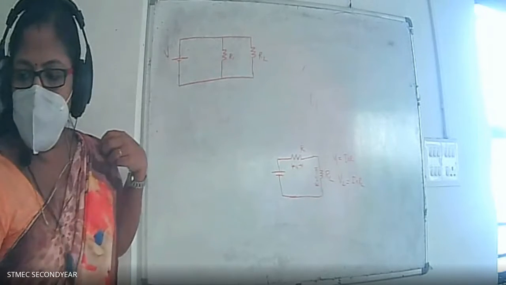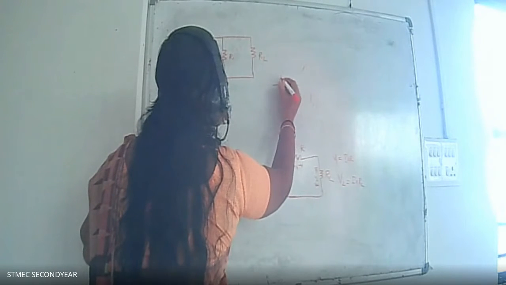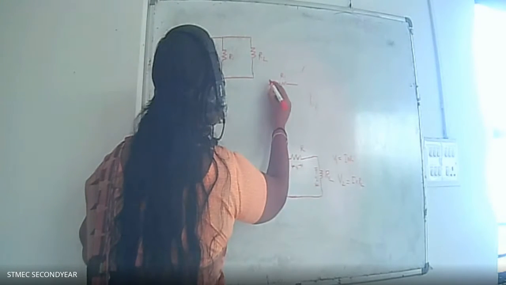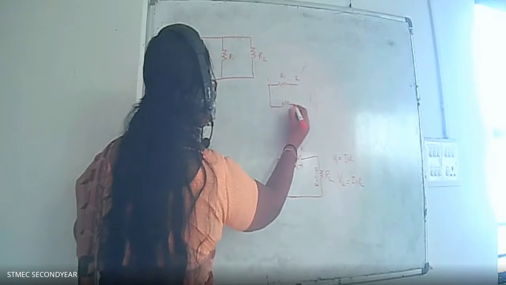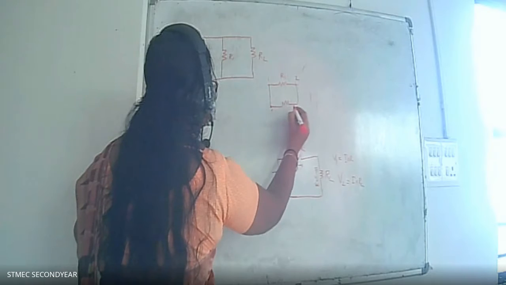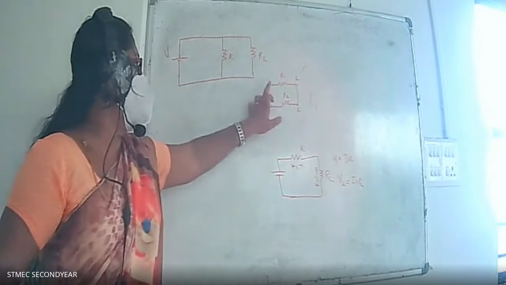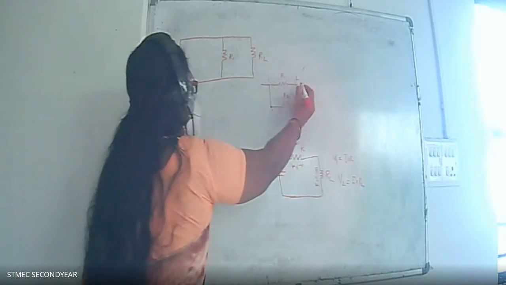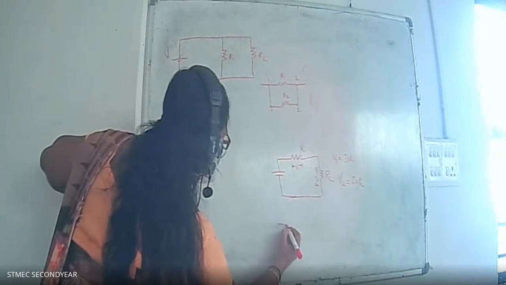So the parallel and series connections you should identify. This is R1 and this is the first point, and R2 is this one. So this is the first point of R2 and this is the second. So this is a parallel connection, okay? You can say. And in the case of series connection, R1